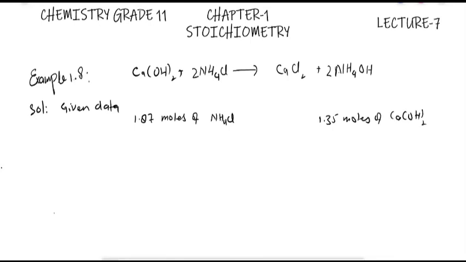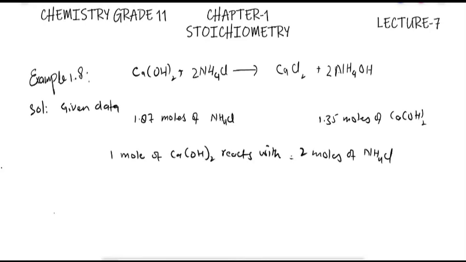So from the balanced chemical equation, we know that 1 mole of calcium hydroxide reacts with 2 moles of ammonium chloride. So if we have 1.35 moles of calcium hydroxide, it will react with 2 into 1.35 moles of ammonium chloride,